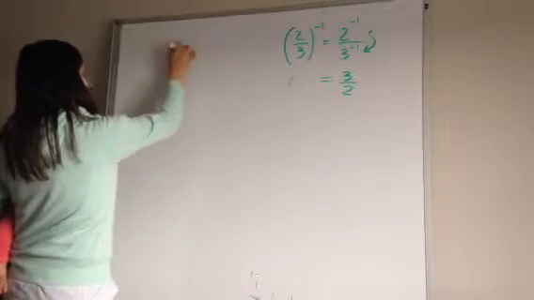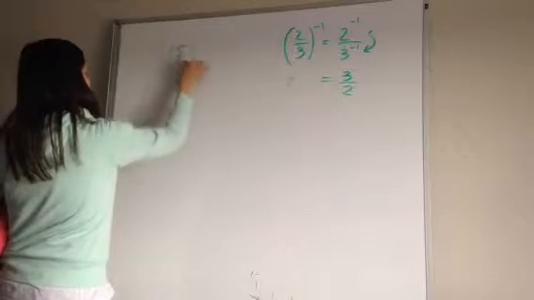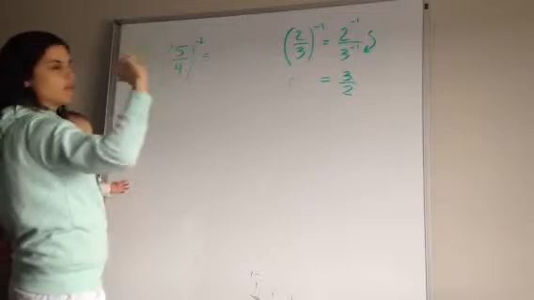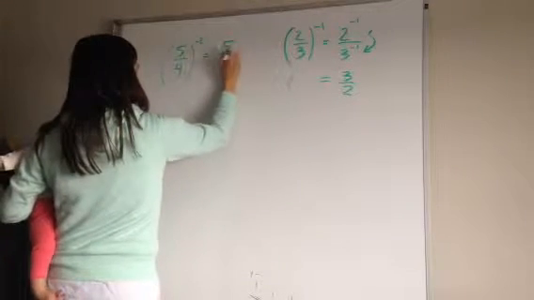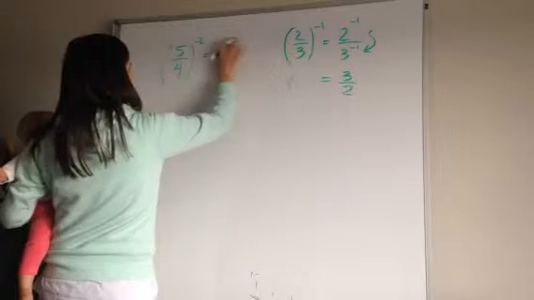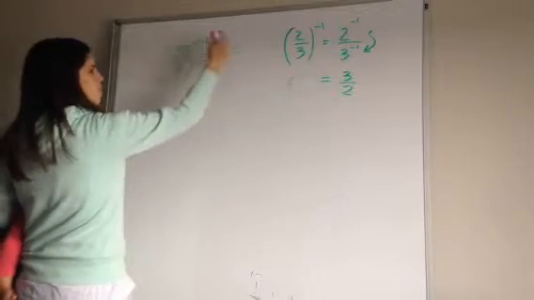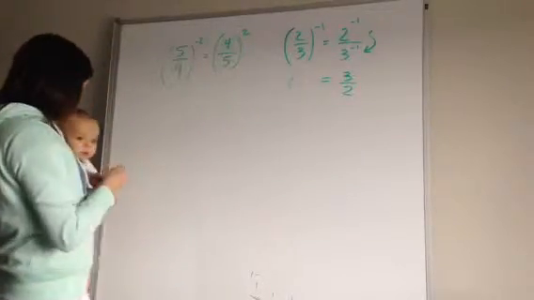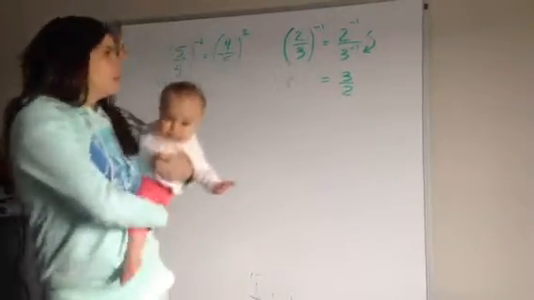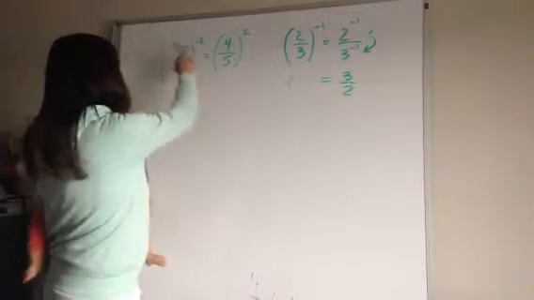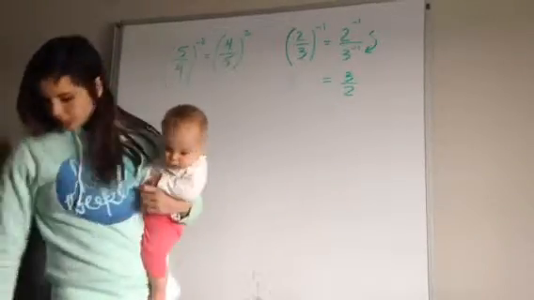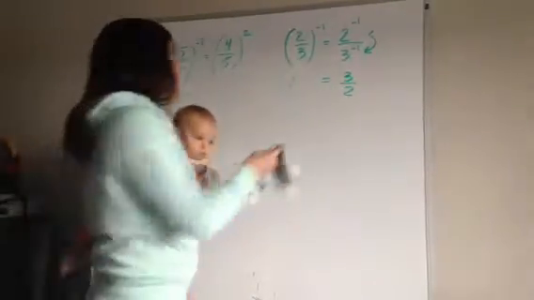Say that I have 5/4 to the -2. Well, that negative, if it's going to the whole fraction, just means that the fraction flips. So that is the same thing as, I forgot to flip it, so now it's going to be 4 over 5, and now to the +2. So all it did was flip it so that the negative can come off, and then the exponent still stays the same. Okay. So another thing,